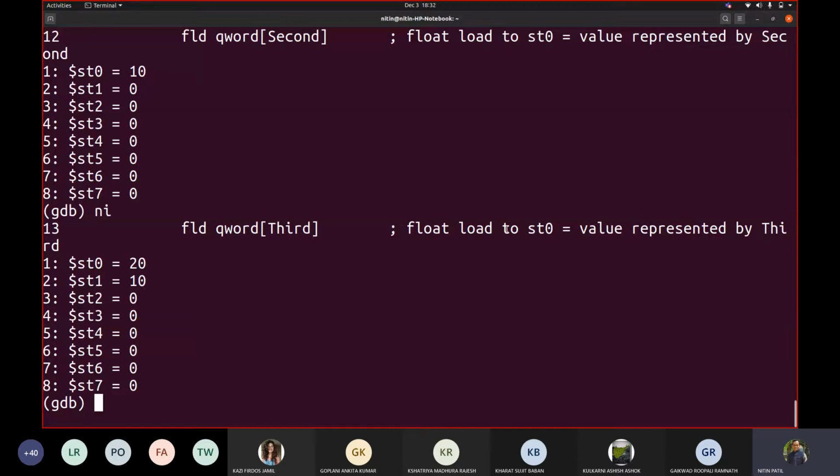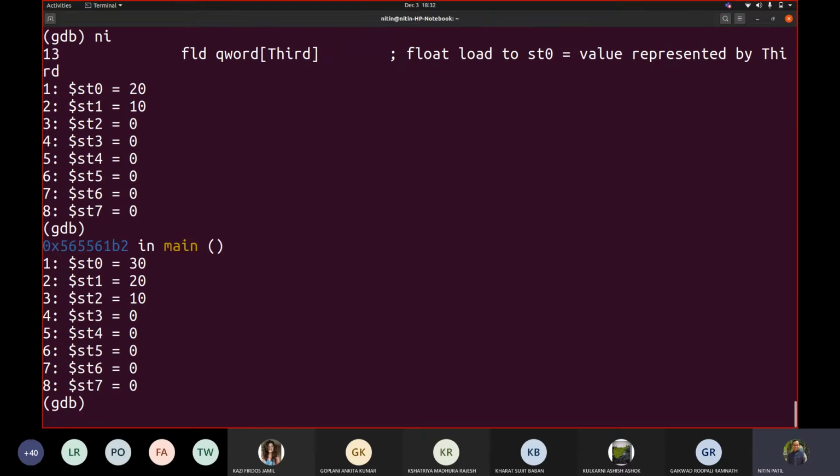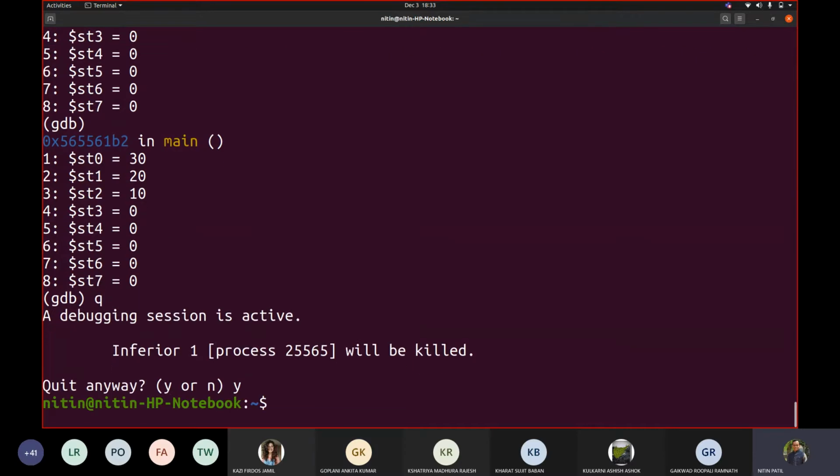So while it is storing that value, loading that value to the respective ST0, ultimately values are automatically adjusted internally. So if I say 3, then you may see 3 values are added. Fine. So this is FLD. Understood? Understood this stack? Yes, please. Yes, sir.